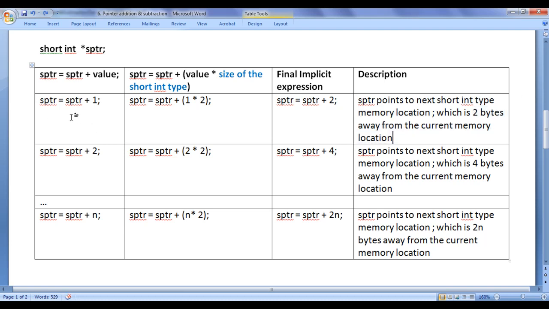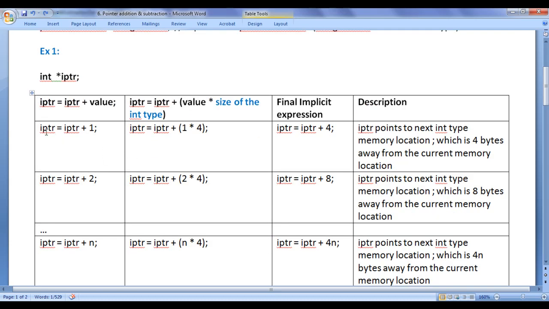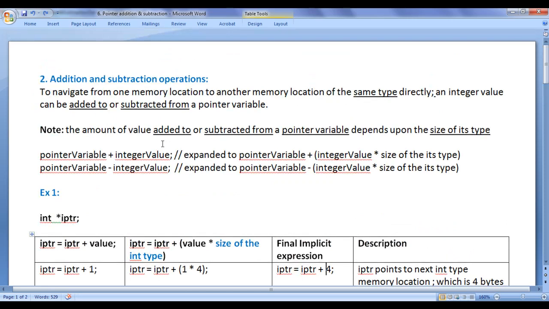Here I am saying SPTR equal to SPTR plus 1, and implicitly it adds 2 to SPTR, whereas when I say IPTR equal to IPTR plus 1, implicitly it adds 4 to IPTR. So the amount added to or subtracted from a pointer variable depends upon the size of the type of the pointer variable.